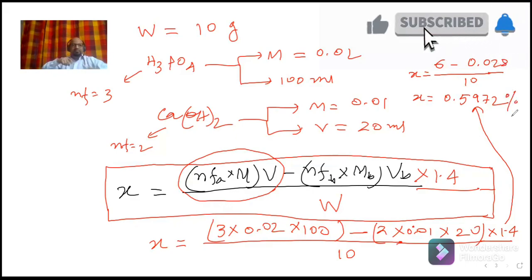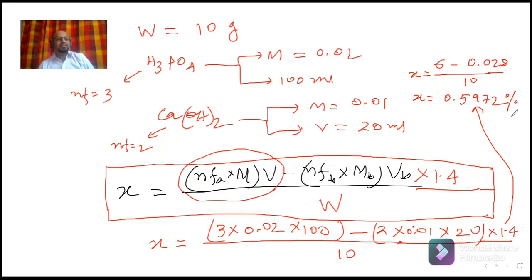Now see this, in a complicated calculation like that, we have not gone through any kind of trouble, because we know how to use all this formula, these factors, n factor of acid, base and everything, and then finally we have come to this conclusion. So now the Kjeldahl method is very simple for us, and I hope all of you can solve any problem asked from the Kjeldahl method.